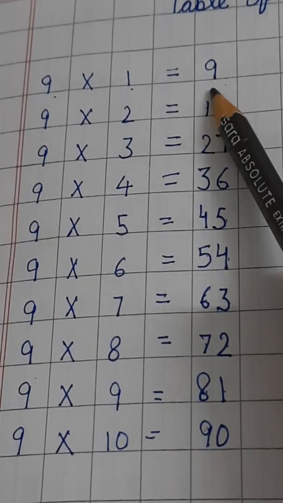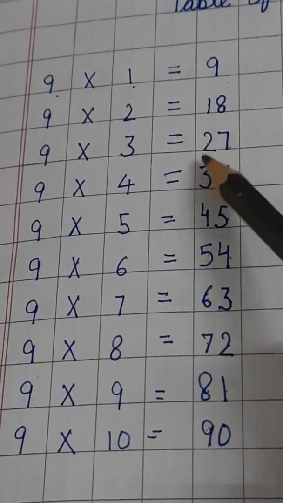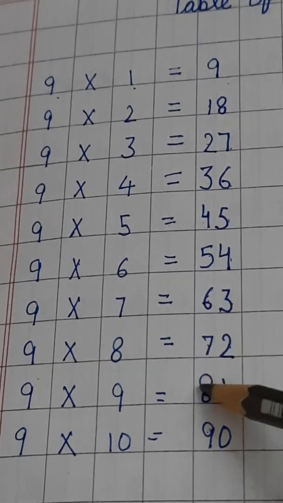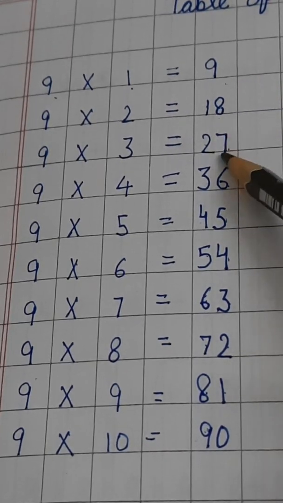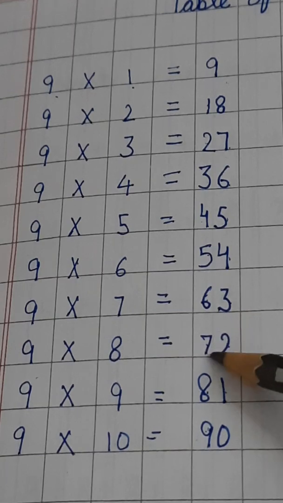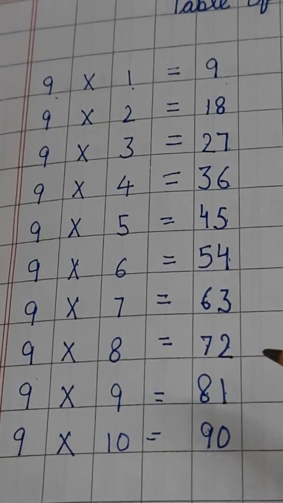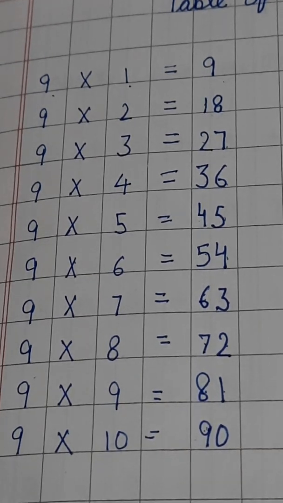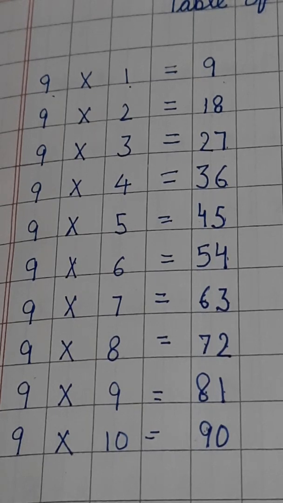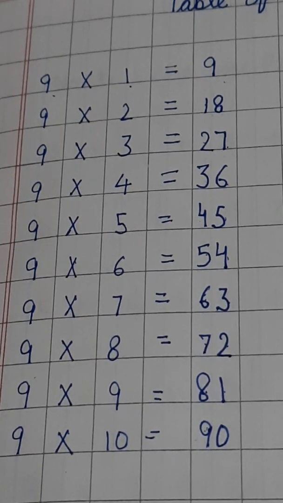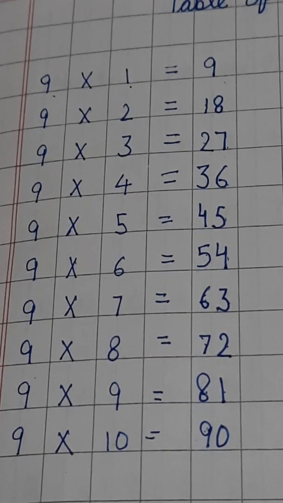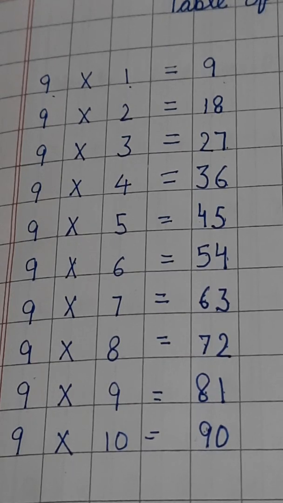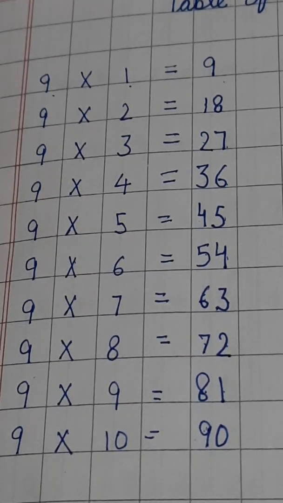Okay. So please, can you observe the pattern of 9's table? You can see, first of all we will write 9, then 1 2 3 4 5 6 7 8 9. Then here 8 7 6 5 4 3 2 1 0. Yes, have you understood the pattern of 9's table? Now children, please recite the table of 9.